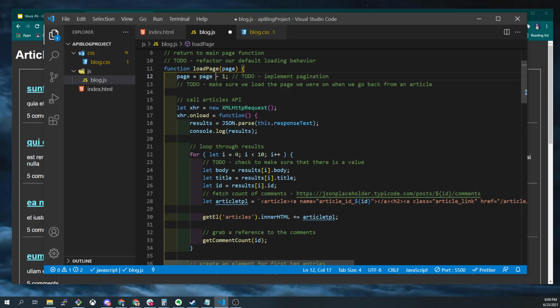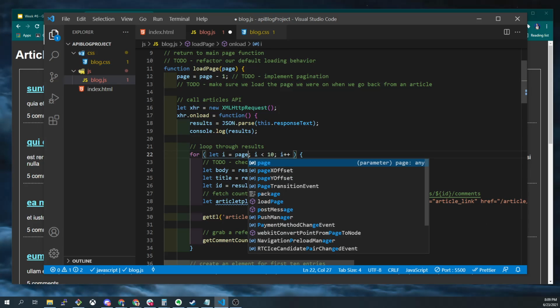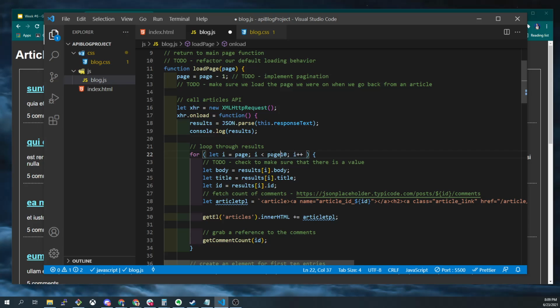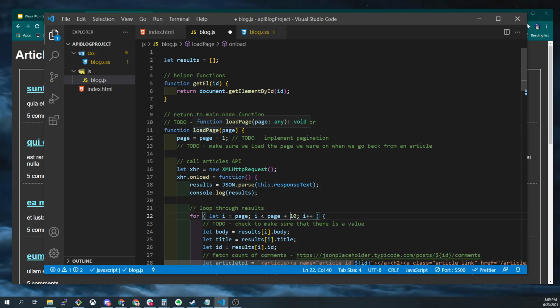And then instead of let i, I can do let i equals page, and then I can do page plus 10. So if I say I want page 1 here, it's going to turn page into 0. And then when we get to our for loop, it's going to say i is 0, i is less than 0 plus 10, which is 10. If I put in 2, it'll say page is,